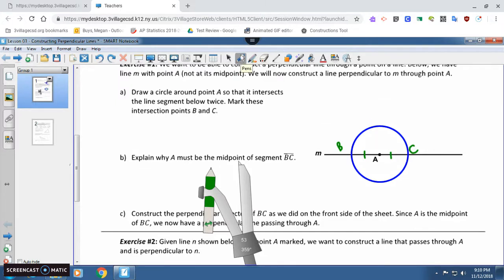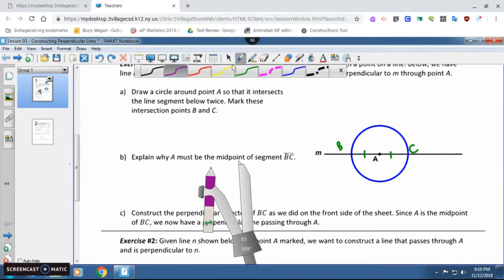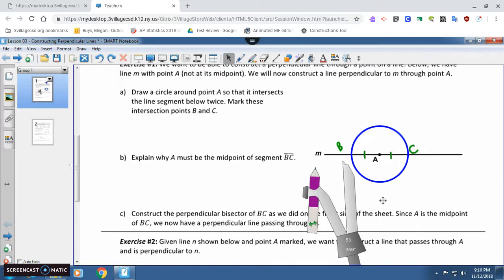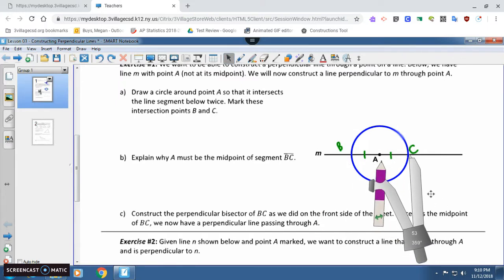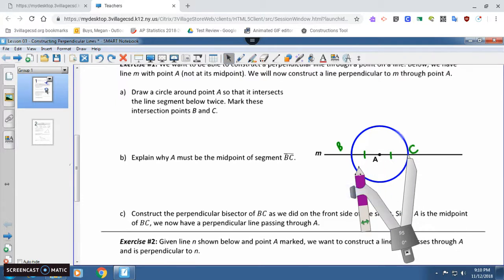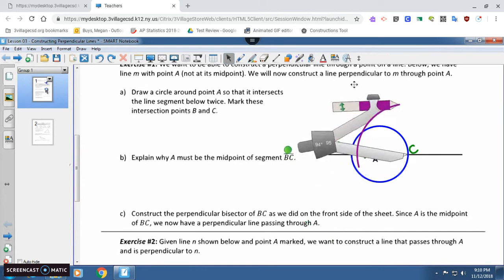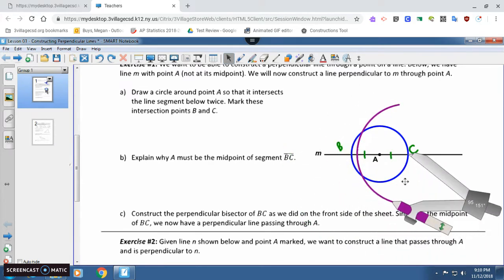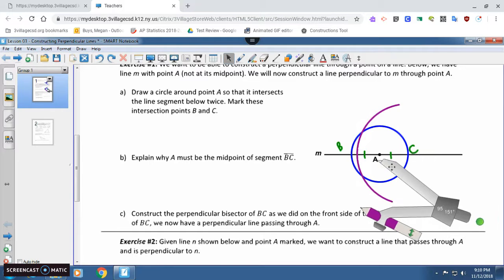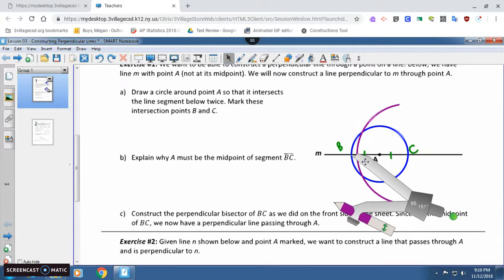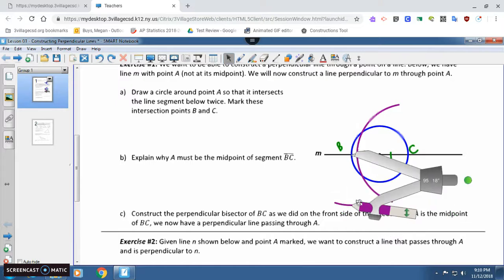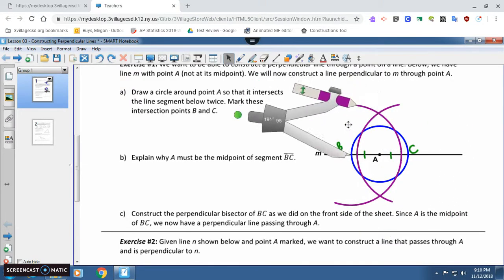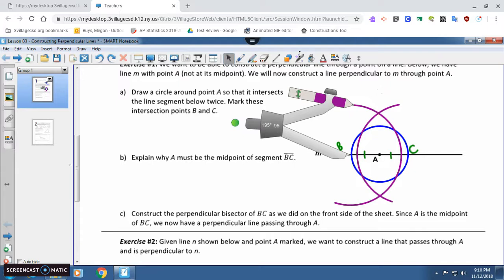So when we go to do that, our same construction as earlier, start at either point, B or C. We want to make sure we stretch out more than halfway, so we want to be past A. We know that's the midpoint. We can go way further. We can stay just a little bit further. It doesn't matter that intersection that we have, but we are going to make that arc above and below the line segment. We're going to keep that same piece intact. Now notice I'm going to point B for this intersection. And now, because I have the intersection above and below,